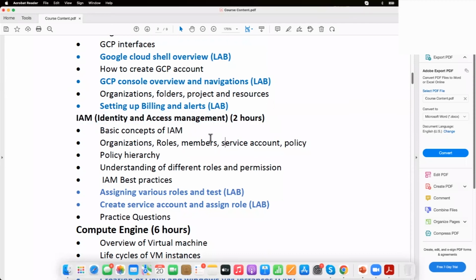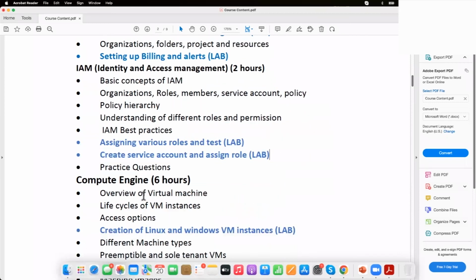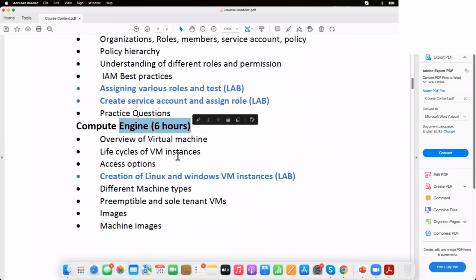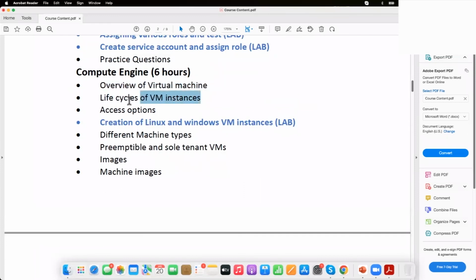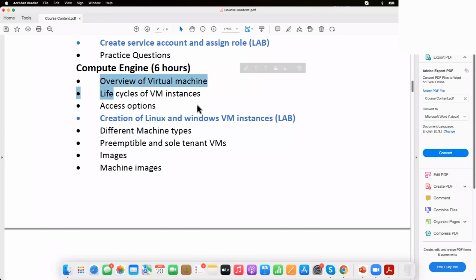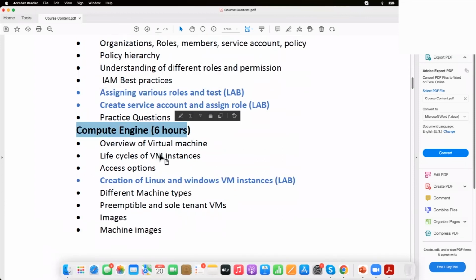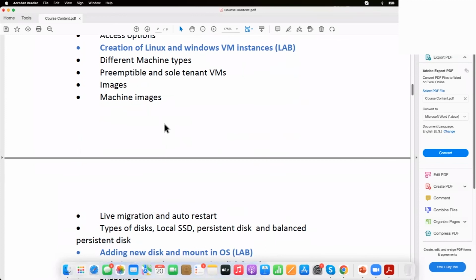So IAM, this is security. First we are going to discuss it, and we will do some lab as well along with that. Compute Engine, 6 hours. Maybe 4 to 5 hours only is required, over 2 or 3 sessions. It depends on how fast we are going, or how soon we are understanding. I won't be in a hurry to finish the topics within the time. We will understand, discuss, and go slow. That's how we will deal. Compute Engine is a very important area, and we will be doing a lot under it.